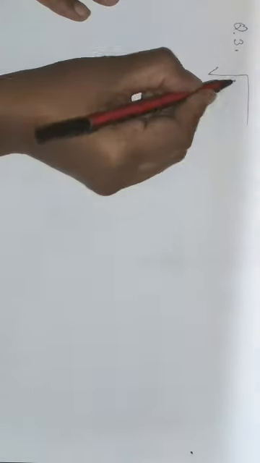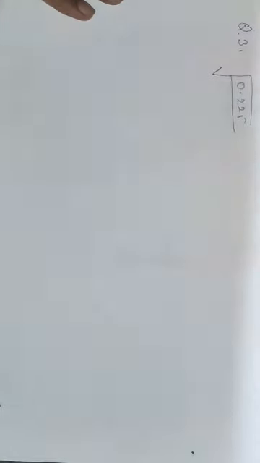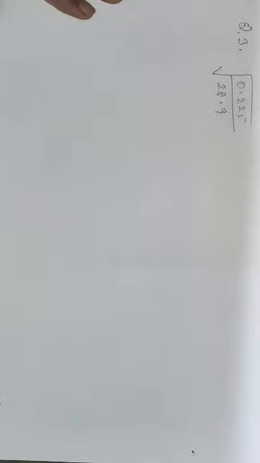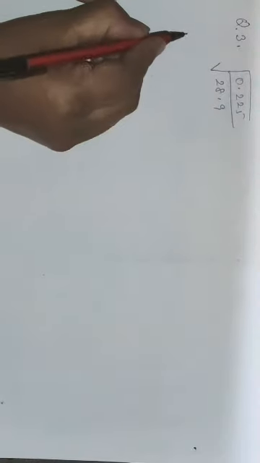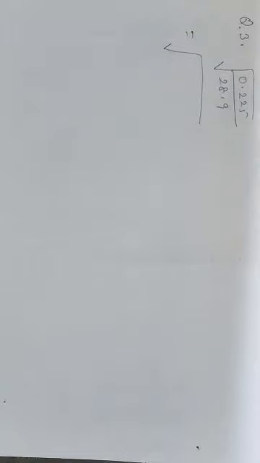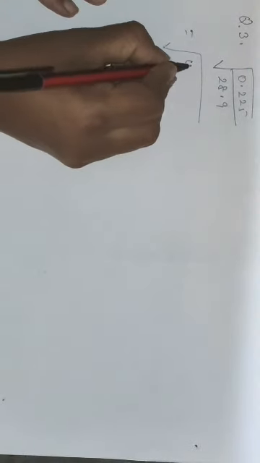Question number 3. Question number 3 is find the square root of, this time I am taking both decimal numbers in the numerator as well as in the denominator. Suppose my question is this, 0.225 divided by 28.9 and we have to find the square root of the number. Here we can see that we have decimal numbers both in the numerator as well as in the denominator. For decimal number, I have told you that first step is to remove the decimal. To remove the decimal,